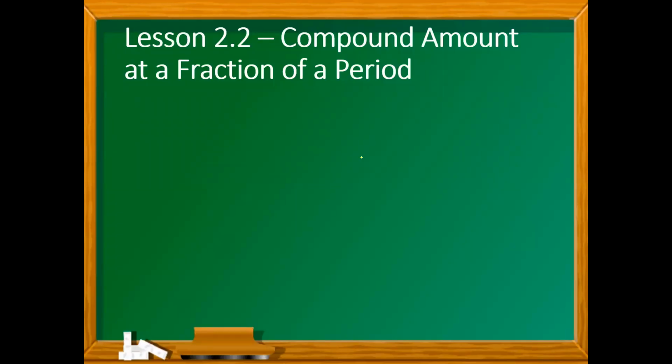So as I've mentioned, the first part of the discussion will be allotted for compound amount at a fraction of time. Meaning T is not exact time here. So when I say not exact, T is not equal to whole numbers. Okay, we'll just work on the two problems presented in the module, but you might be wondering about the discrepancy of the answer because of the rounding off done along the process of computation.